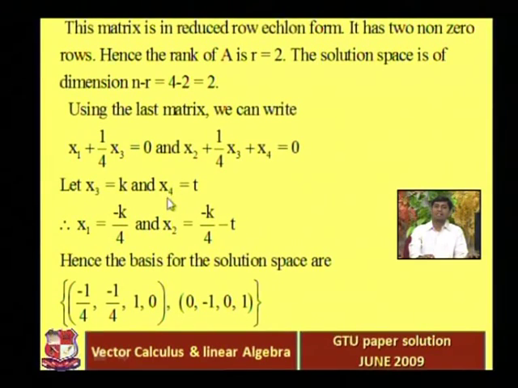Using these two, the values of x3 and x4, now we can find x1 and x2. x1 is equal to minus k by 4, and x2 is equal to minus k by 4 minus t. The basis for the solution space are the coefficients of k, and you have to see first of all the coefficient of k in x1, x2, x3, x4, that is minus 1 by 4, minus 1 by 4, 1 and 0. Okay, and the coefficient of t in x1, x2, x3, x4, that is 0, minus 1, 0, 1. Okay,